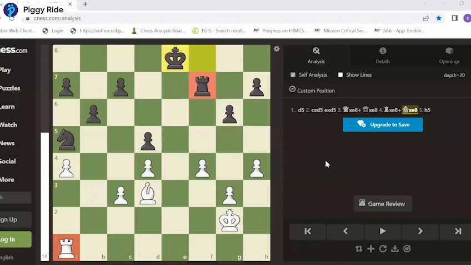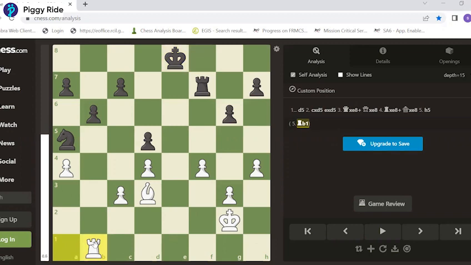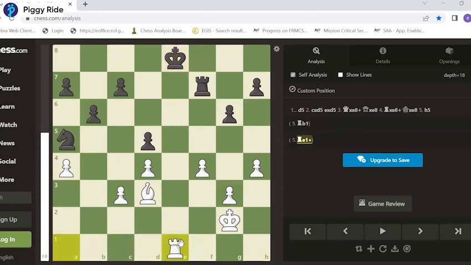So Capablanca would like to activate his rook, but there aren't so many open files or even semi-open files in this position. If, for example, Capablanca brought his rook to b1, well, it's really of no use. If he went to e1, black could contest that file.